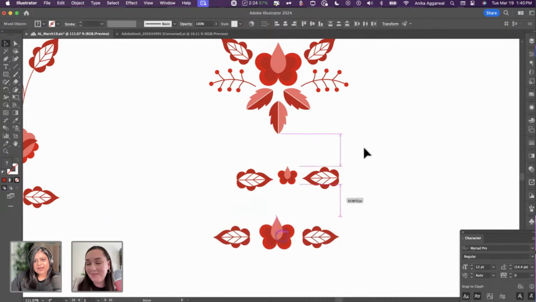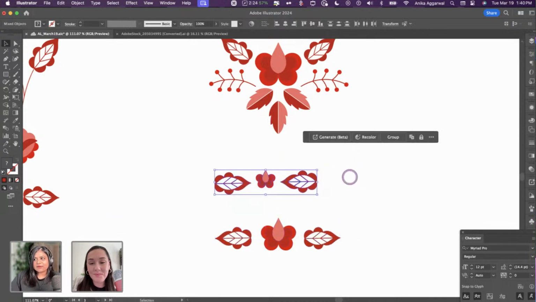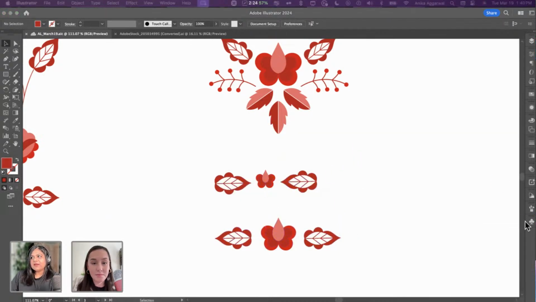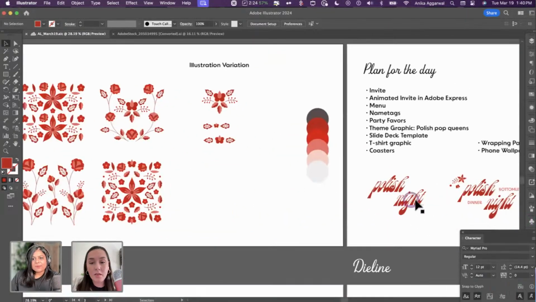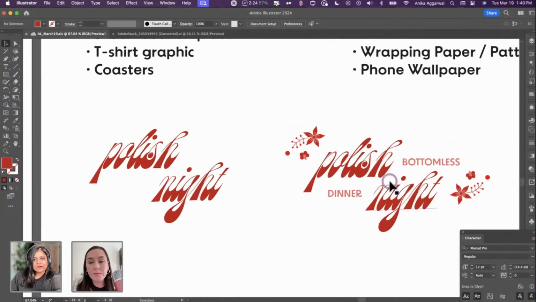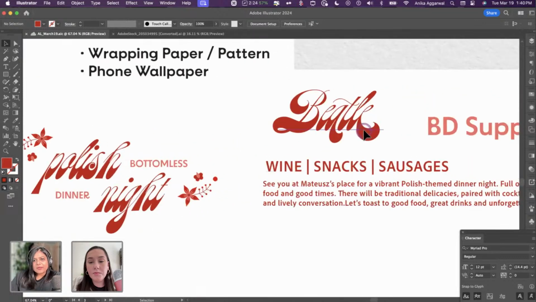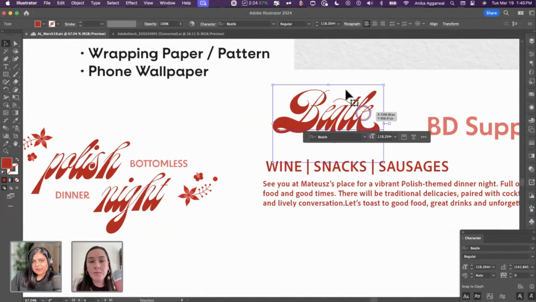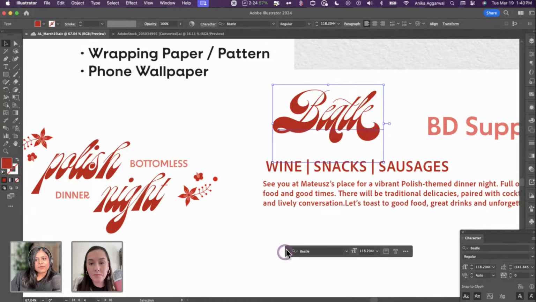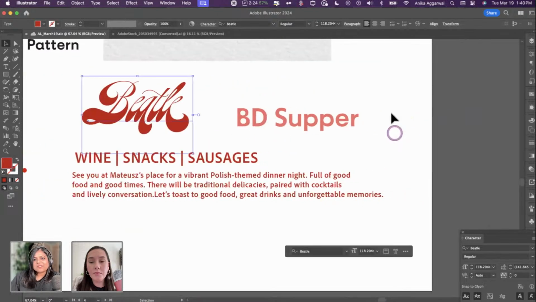I'm just aligning this and making this to help me with the design at the end. But I am going to start with the invite now. I have some lockups here that I created just to save us some time. I do have this font that I'm using. It's called Beetle. This is an Adobe font and this is exactly how it's spelled. If you're watching and want to download it, go to Adobe Fonts and you can find it and license it there and use it in all the apps.